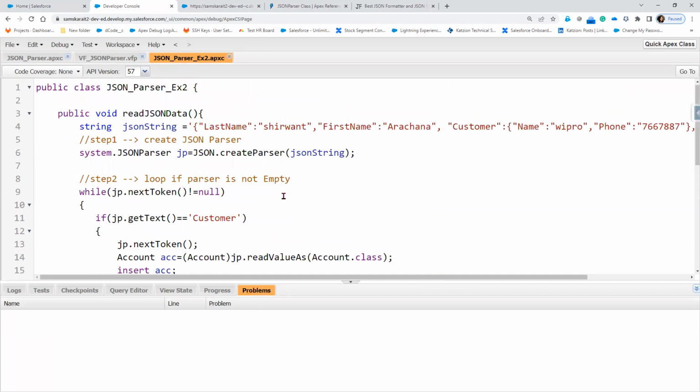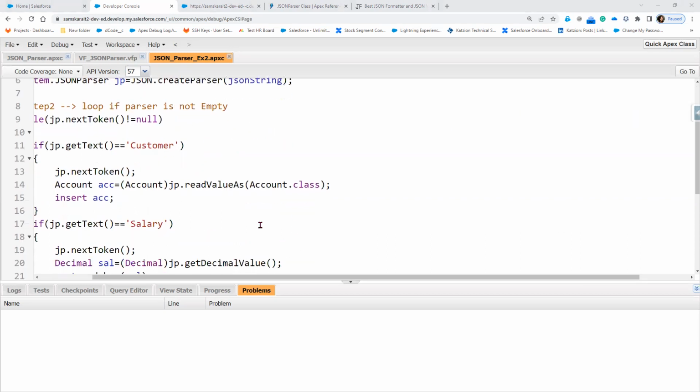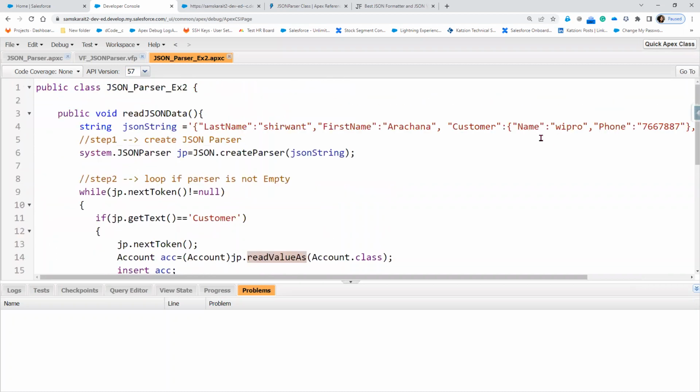Right? So this is the information. Now I have just taken the employee who joined the company called Wipro, phone number and salary. Read as a value is basically going to read all the values that are available within the array. Whatever the values are there within the array,